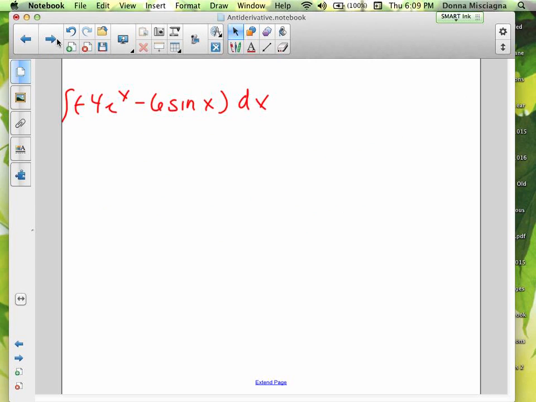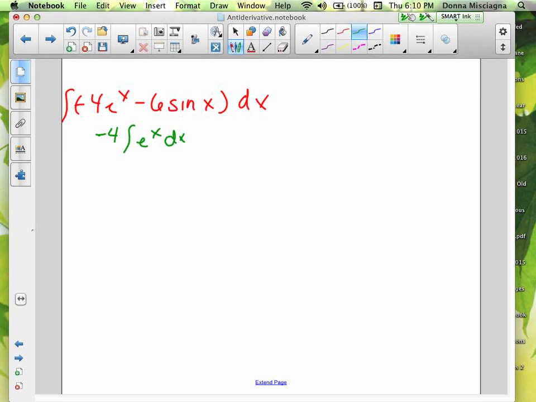So let's look at the first one here. So we have negative 4e to the x minus 6 sine x dx. Right, we can break that up, and we can also factor out the common multiple, the constant multiple there. So I can factor out the negative 4 and leave the e to the x dx minus 6 sine x dx. And so now the integral of e to the x is, of course, e to the x. So I have negative 4 e to the x minus, and then the integral of sine x